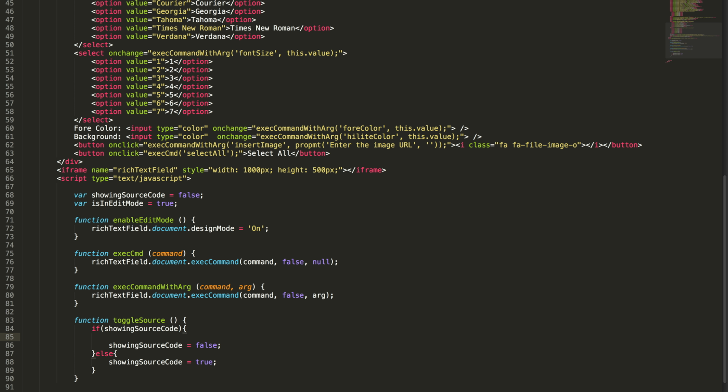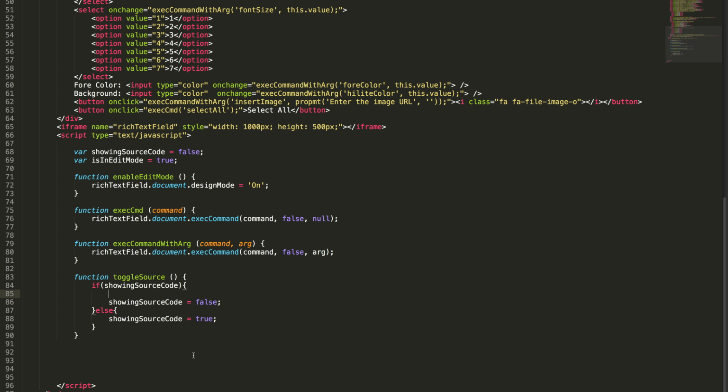Okay, let's write the logic to make the switch. Rich text field dot document dot get element by tag name, body. So this will give the array, so I'm taking the first index,